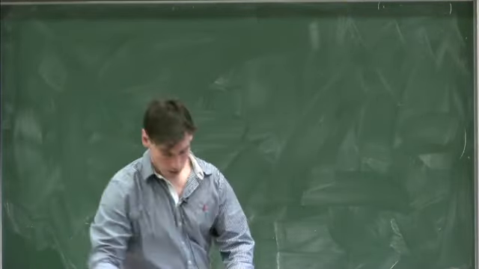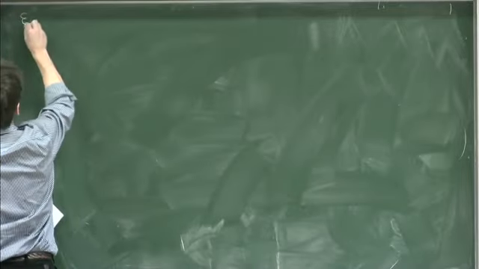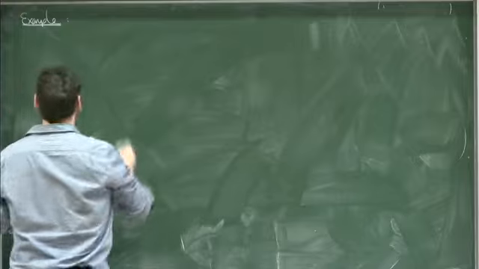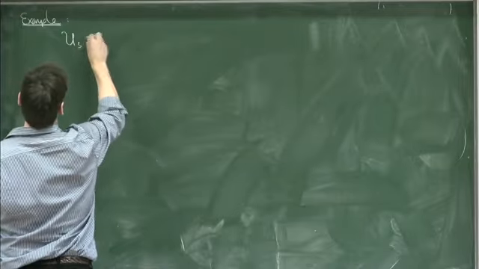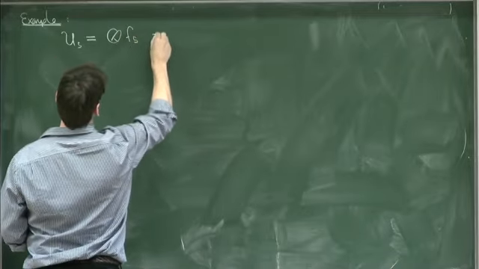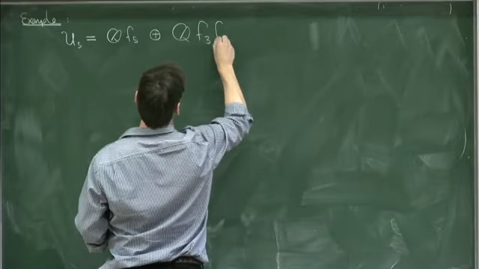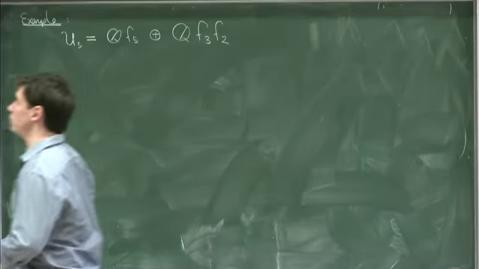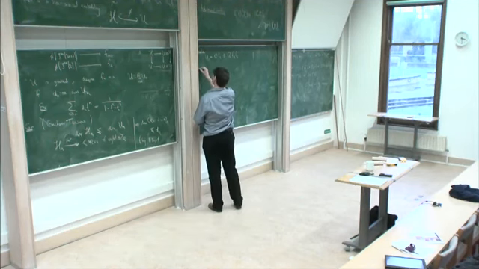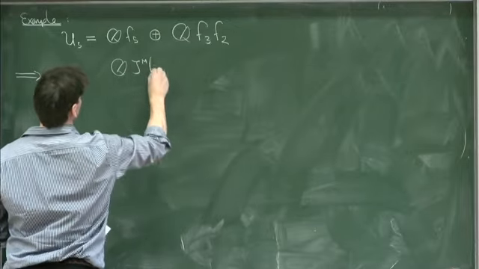But this can actually do a lot more. So let me just do an example computation. Let's look in weight 5. So U5 is a two-dimensional vector space spanned by F5 and F3, F2. And we know from the calculation I did earlier that we certainly have zeta motivic 5,